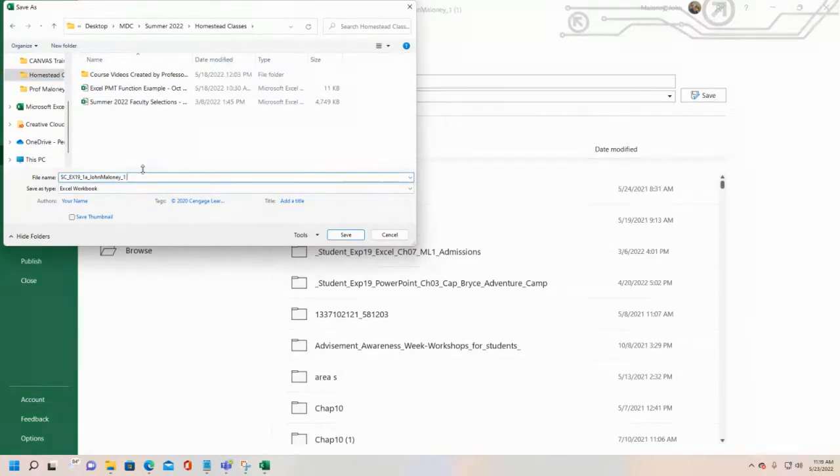Okay, so I'm going to erase over to this 1. Now this 1 we erase, so backspace over, and you type it as a 2. Okay, you do not type .xlsx. And again, I'm going to open the instructions in a minute, and I'll show you where it tells you